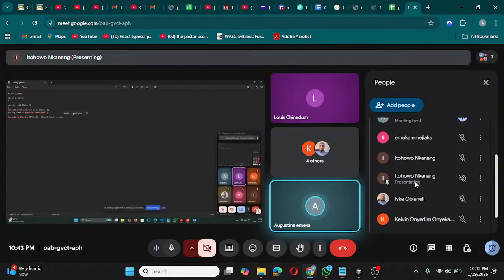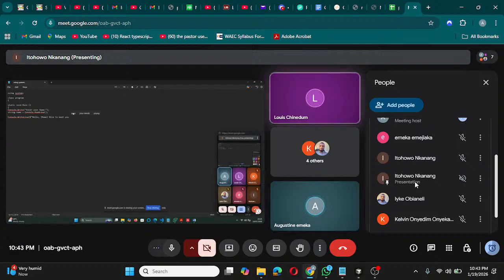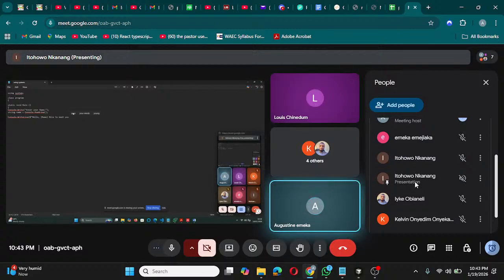Yeah. So for those just joining, IT is writing a simple greeting program in C sharp. I've learned the 6 steps in the software development life cycle, which are: number one, any software you want to create,